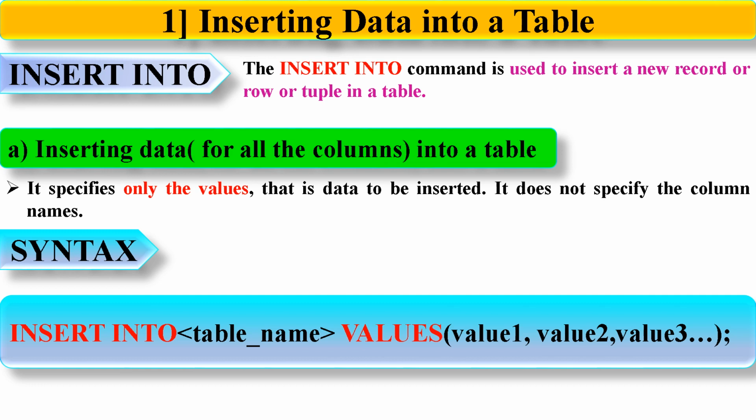Let's learn how to insert data into a table. The INSERT INTO command is used to insert a new record, row, or tuple in a table. It is possible to write the INSERT INTO statement in different forms. The first form is inserting data for all the columns into a table. In this first method, it specifies only the values, that is, the data to be inserted. It does not specify the column names. The syntax is: INSERT INTO table_name VALUES (value1, value2, value3, and so on);